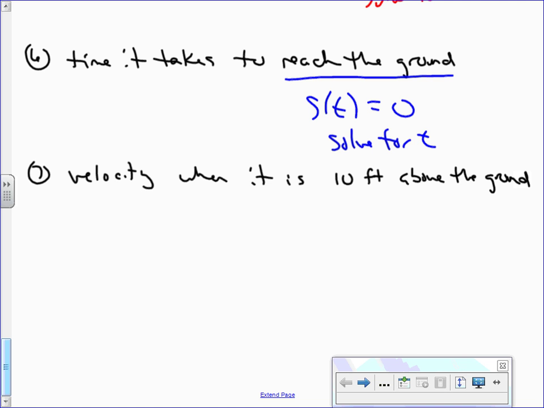This is asking you for a velocity, but it's not giving you a time. What is it giving you? A position. Now, in physics, they have created some formulas where one formula will do this for you, all right? I need you to not use that formula in here. What I need you to do is take this position